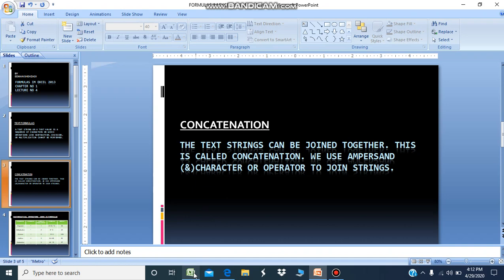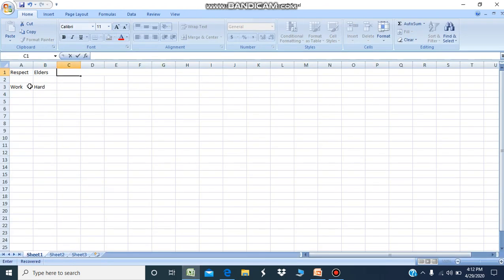Now let's see in this sheet. Two different strings are written in different cells, and to get the message from these characters, we enter the formula.